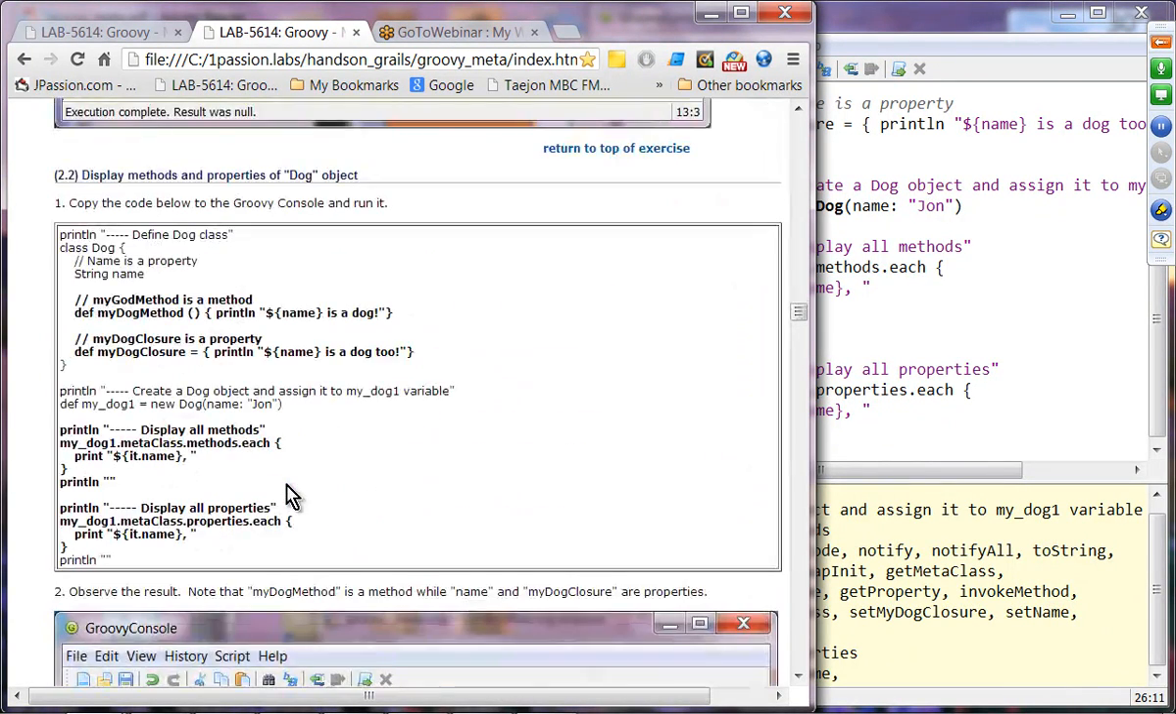Properties. Okay, so let's see this. Here you see a Dog, right? And Dog has a property, so that's a property, and this is a method. And last week, we saw the difference between a method and a closure, right? Okay, so this is the way that I define my dog method as a method, and this is the way that I define my dog closure as a closure. Okay, so